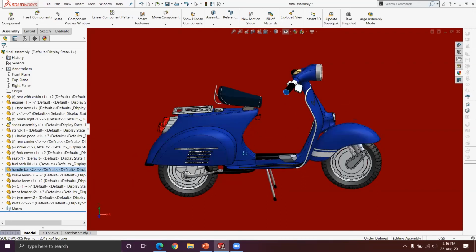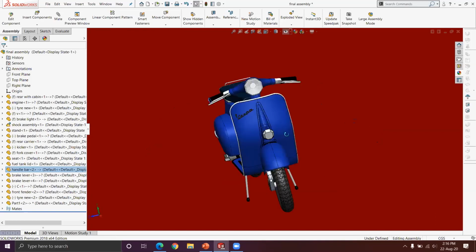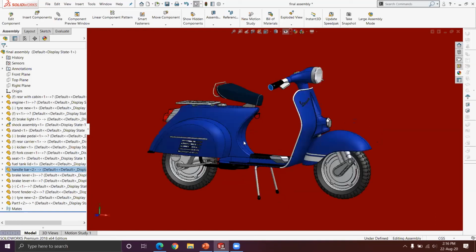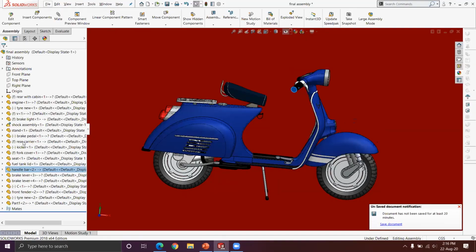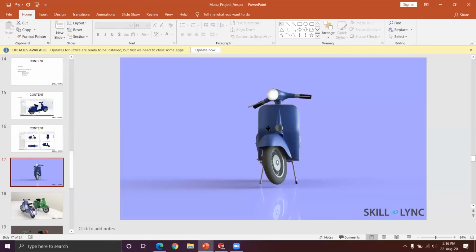This is the full assembly. These are some of the rendered images. This I have done in PhotoView 360. In PhotoView 360, I have given some environment and some lighting condition. I have given the default lighting conditions and adjusted the color of the environment.